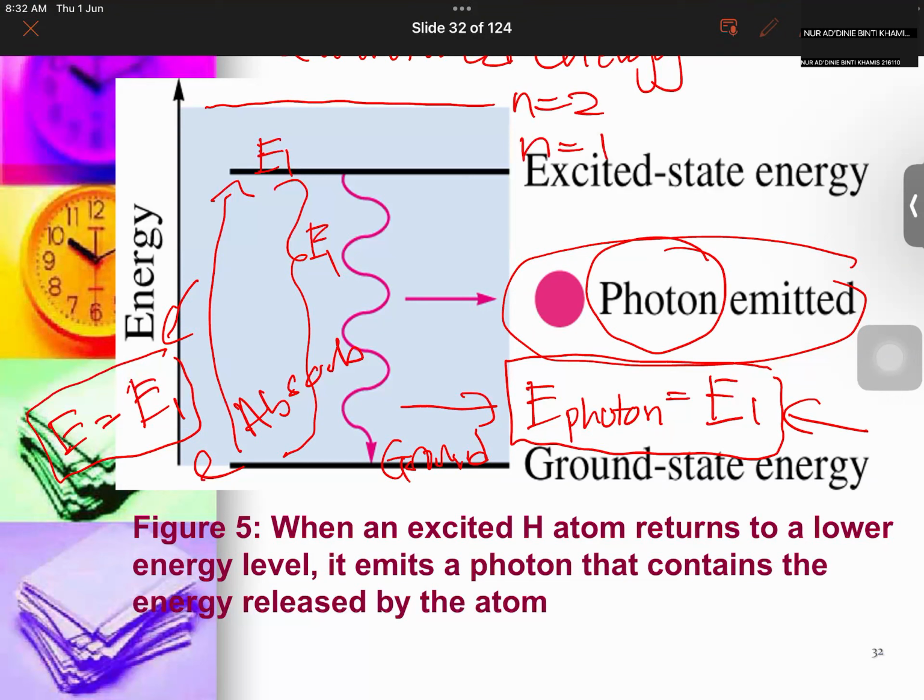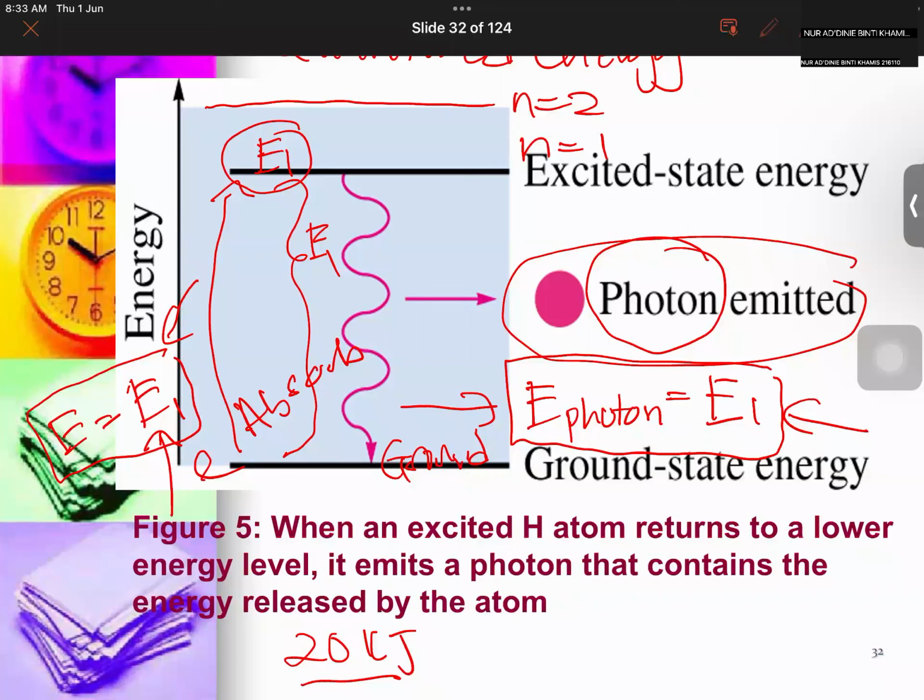So you want the electron to go to n equal to 2, but you provide only this amount of E1. Let's say you provide only 20 kilojoule of energy. So this 20 kilojoule can only excite it to n equal to 1. But do you think that by providing the energy for 2 hours, 3 hours, 4 hours, or 24 hours, the energy will be concentrated, stored, and then it goes to n equal to 2?